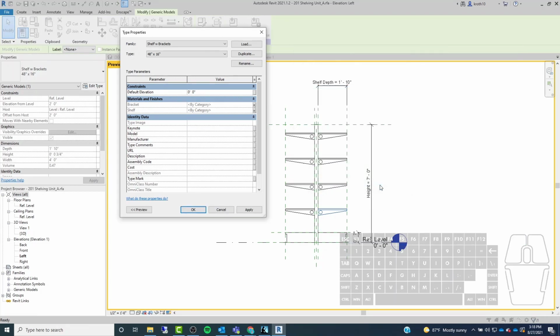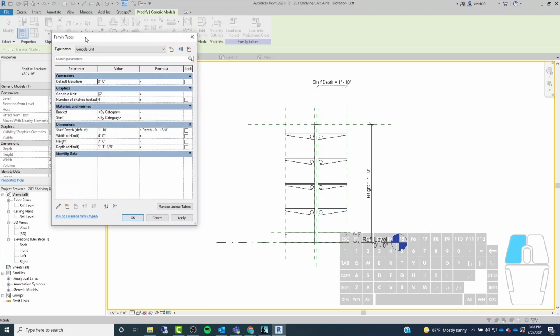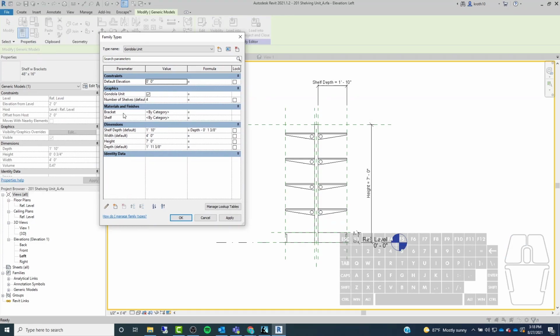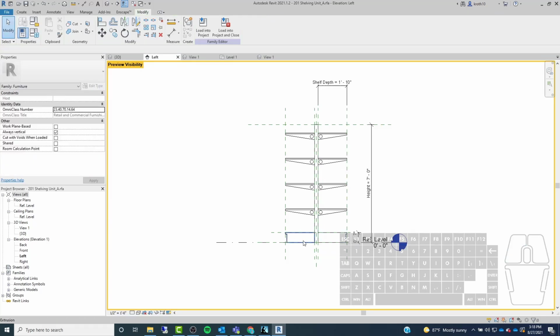Click OK. Click OK. And then click Apply. Now that we've done that, when you go back here to family types, you can see those parameters appear and we can control them. All right. Then what we're going to have to do is also add in material parameters for these bases and